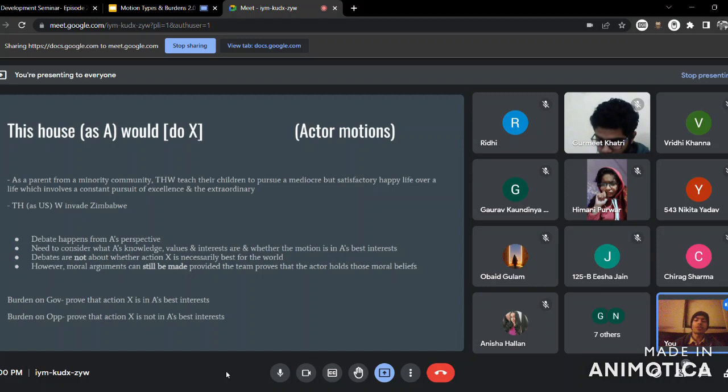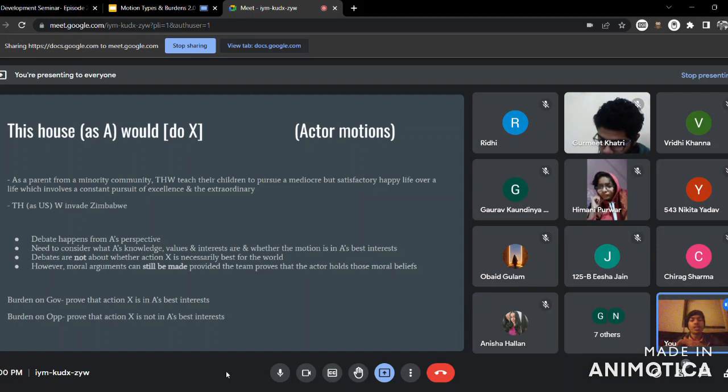The thing is, novice teams or fresher teams make those arguments, but they don't do the linking as to why this moral belief is something that the actor cares about. That linking is absent, and therefore it becomes an argument from a neutral perspective, that you should not do this because this thing is unfair. The other team is like, okay, it's unfair, but how does the actor care about that fairness or unfairness? You haven't explained that. At that point, it's just a neutral argument and not a relevant argument in this debate.